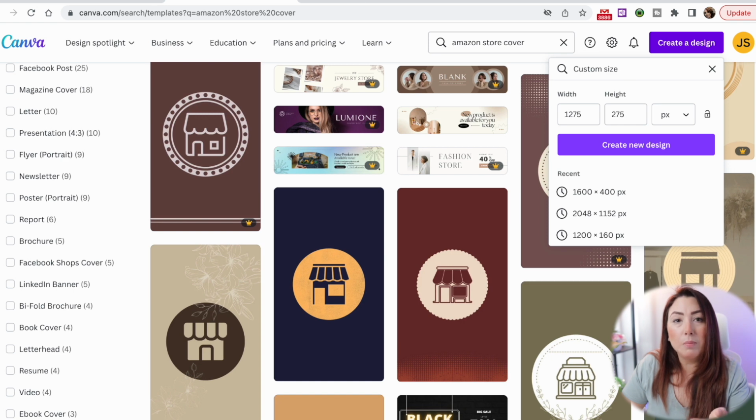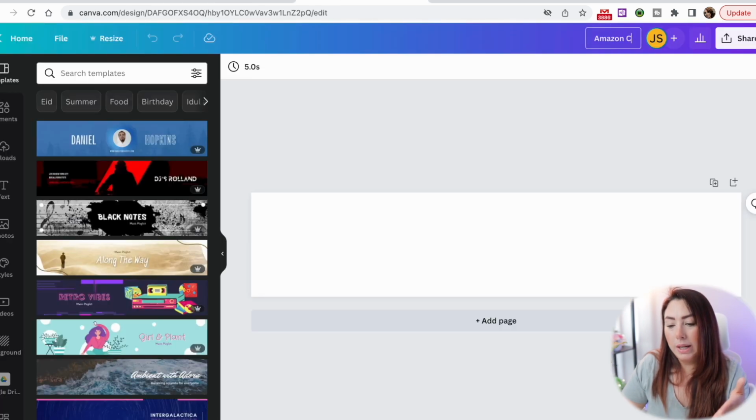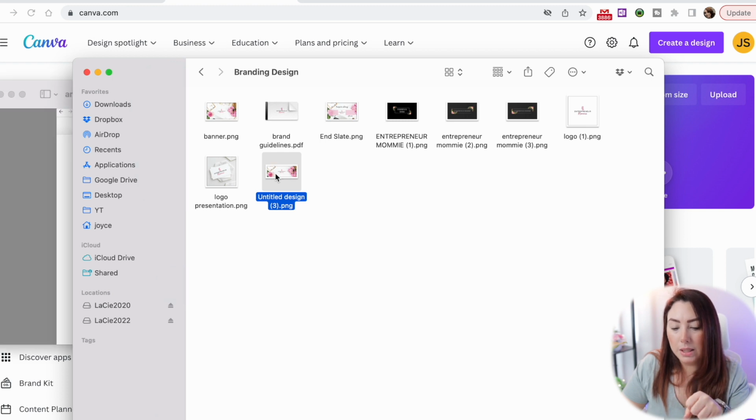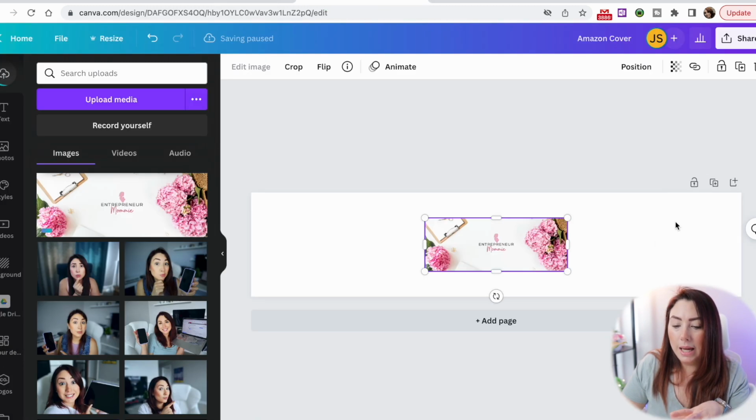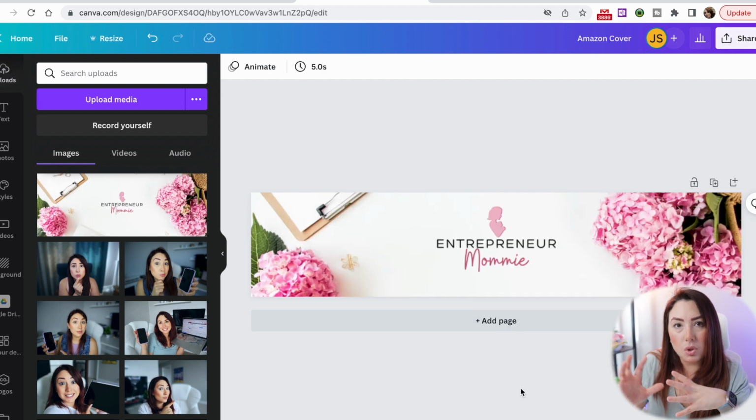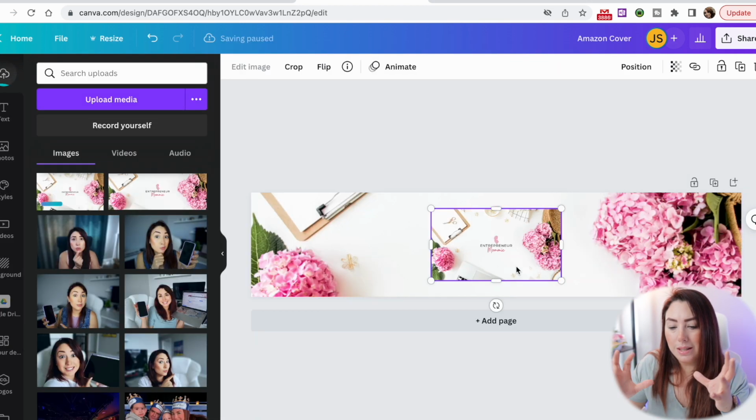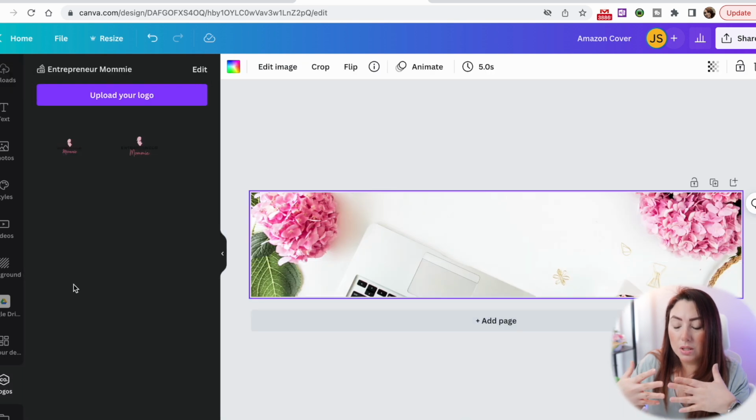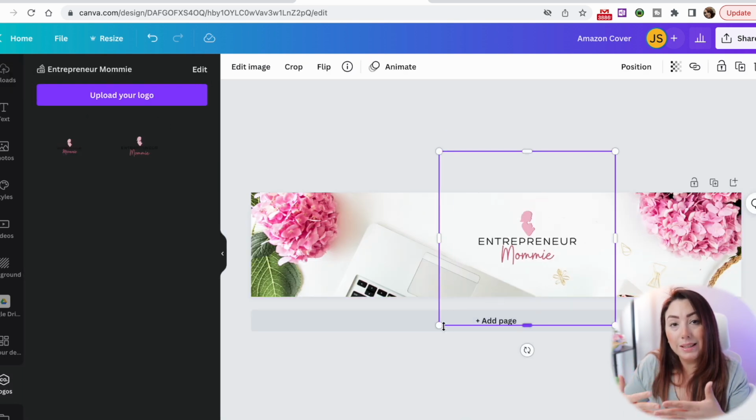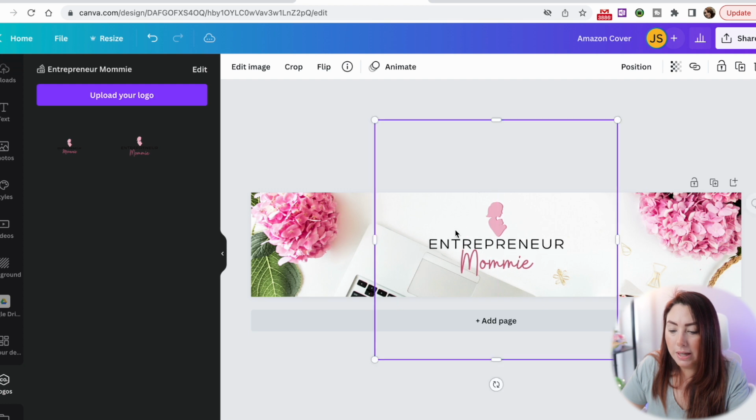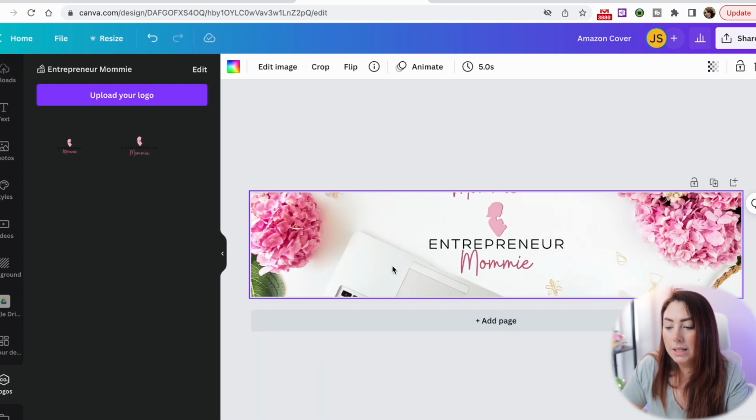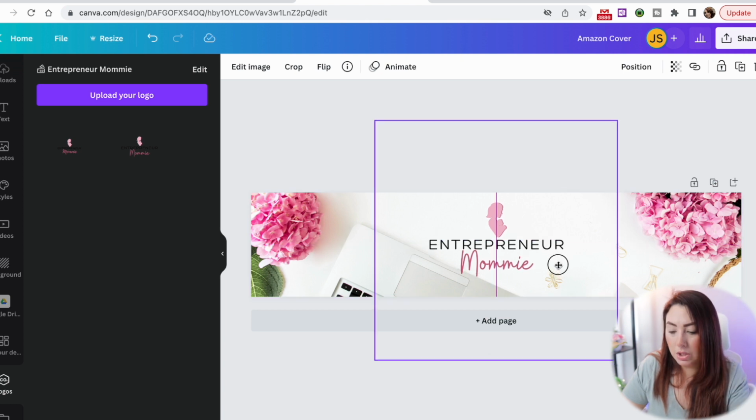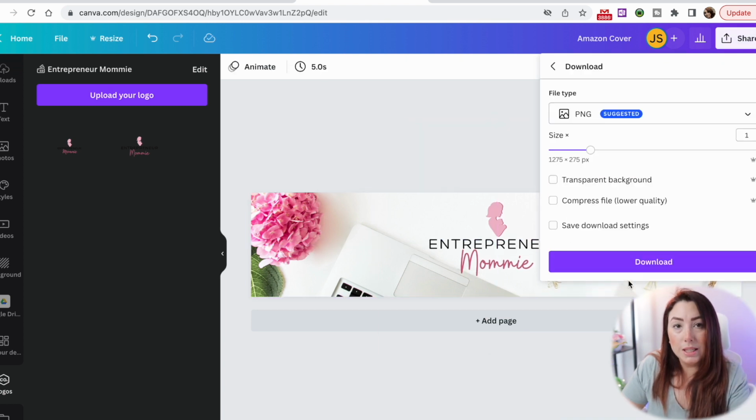I already had my brand kit, so what I did was just pull up my brand kit and then add and adjust accordingly to this size that I had for this Amazon influencer cover. I adjusted it until I really liked it, and here it is, the final result. Once I had it, I just downloaded and saved it as a PNG file,